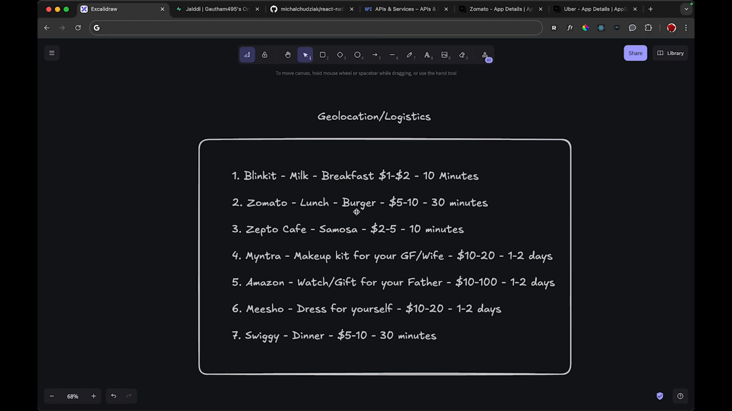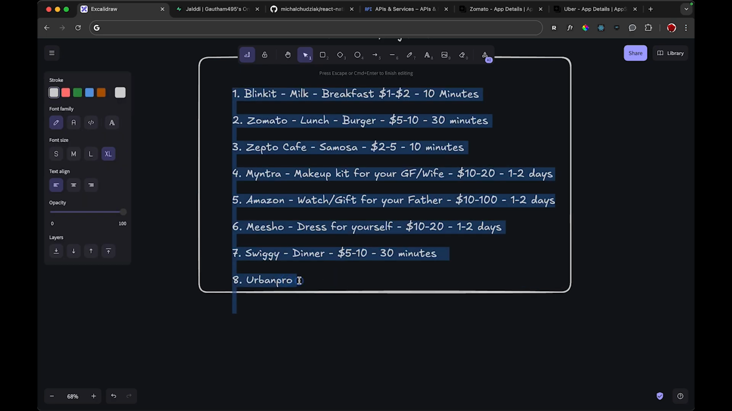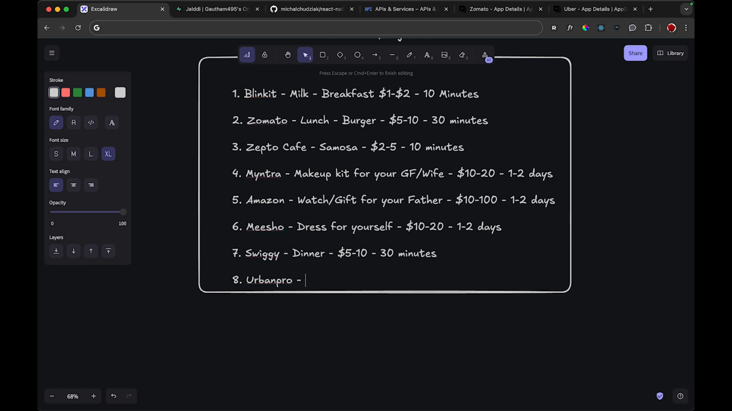Okay, so I forgot one more. In India, we have one more app called Urban Pro. Okay, so I think it's Urban Pro only. So if I'm wrong, please let me know. I have not used this app before, but there is an app called Urban Pro which you can use to get